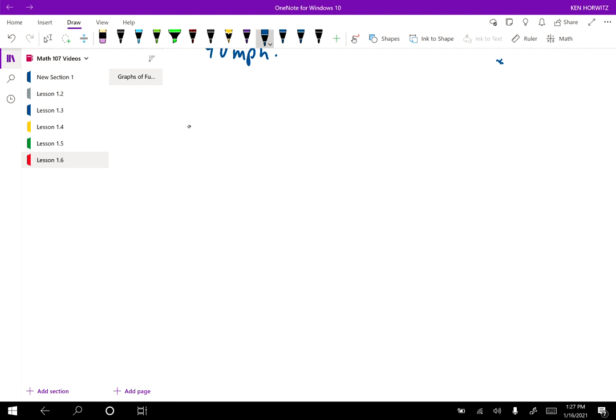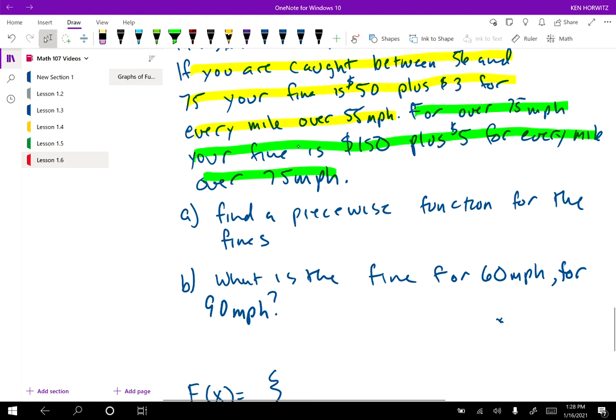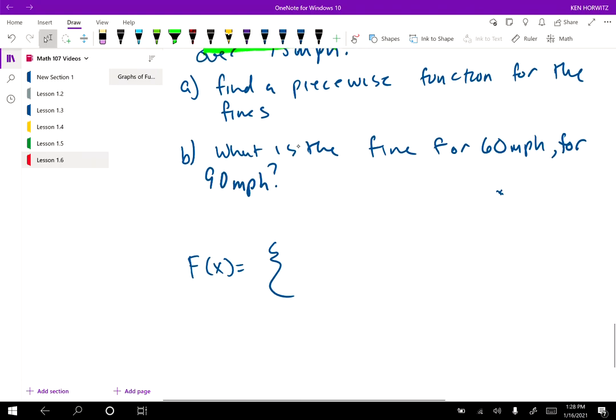All right, so first I need my piecewise function. And I'm only going to have 2 rules this time because they only give me information for 2. Well, my fine for going over 55, between 56 and 75, is a $50 fine plus $3 for every mile over 55. So if I do x minus 55, let's say I was going 60, 60 minus 55 would be 5. 5 times 3 would add on to your fine. And that is if x is